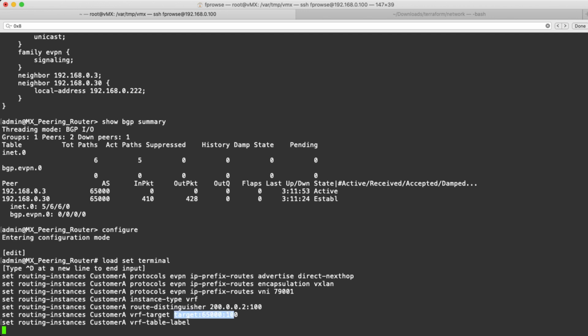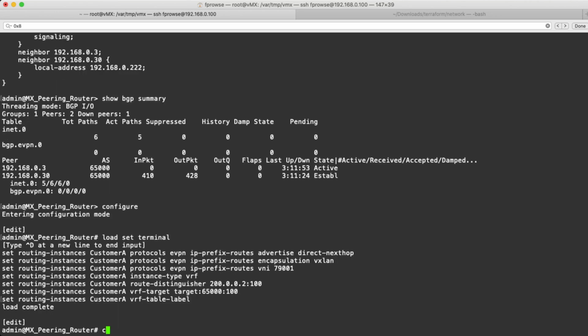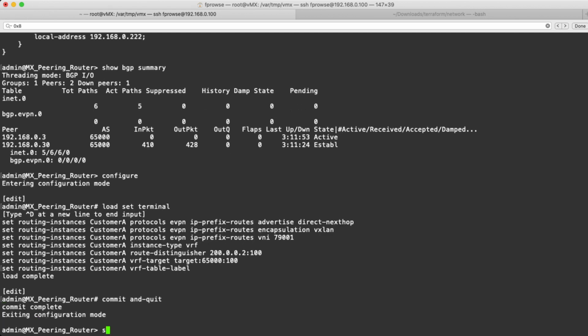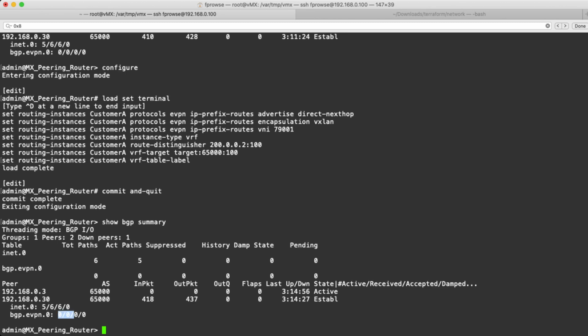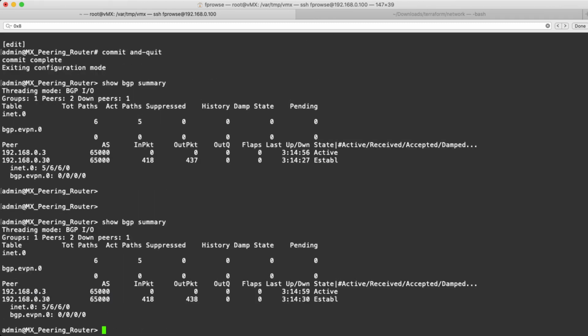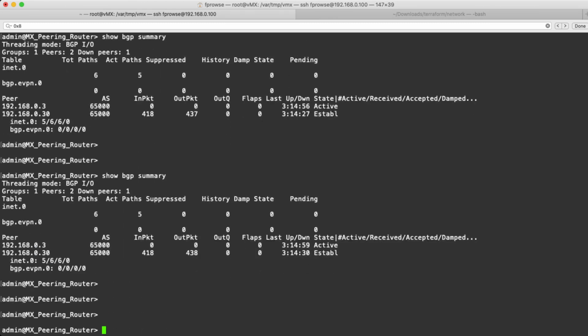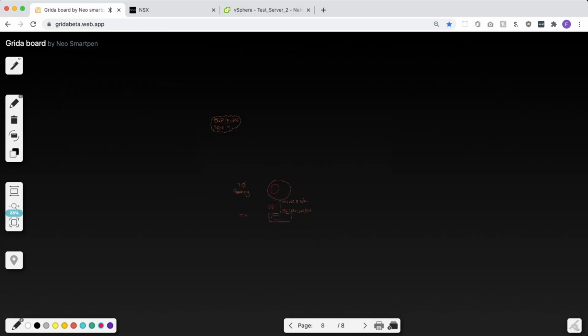So I'm going to accept the same routes as well. The VRF target will allow me to import and export routes using the same number. Right, so now we're configured. We still have not received any routes from the NSX side of things because we don't have any segments configured. So we'll jump back onto